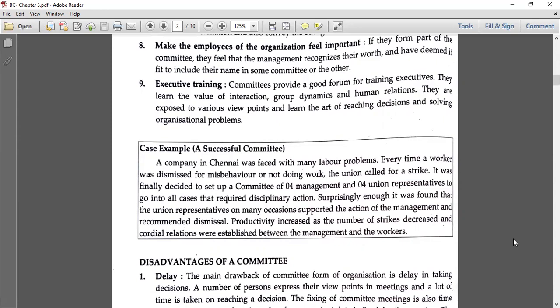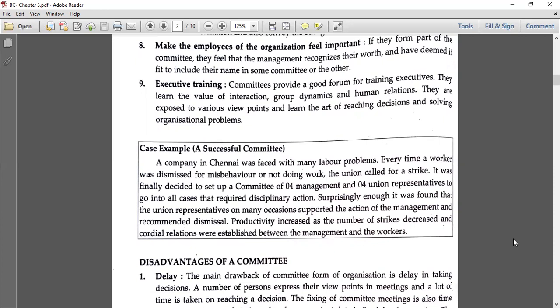Any kind of misbehavior, mistreatment, or misjudgment was avoided, and productivity increased as the number of strikes decreased and cordial relations were established between the management and the workers. That means productivity increased through the better communication and better decision making by that committee. So this is an example which explains the advantageous situation of